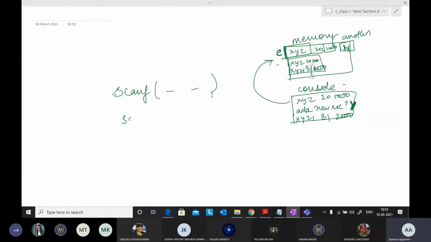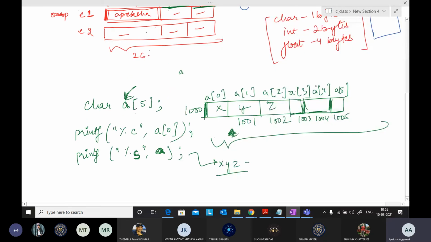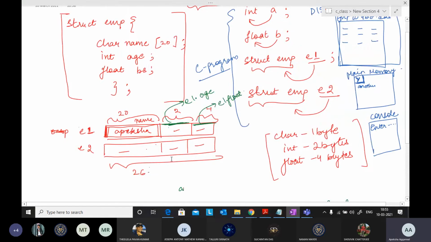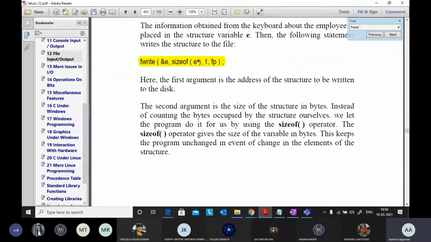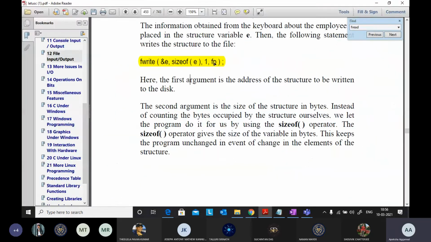Then sizeof E. If you want to check the size with the sizeof operator, this was 26, over here. The size of E1 was 26, the size of E2 was 26. So sizeof will return the size of the whole structure, basically EMP, which was 26. And 1 is the number of records you want to save. If you want to save 3 records continuously, you will pass 3 over here.